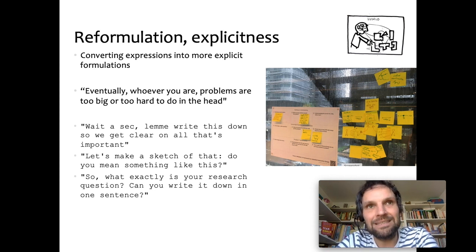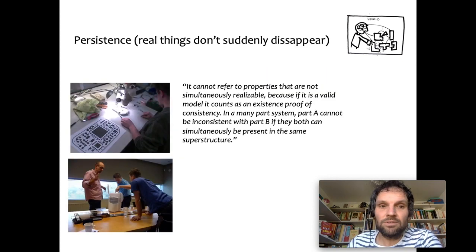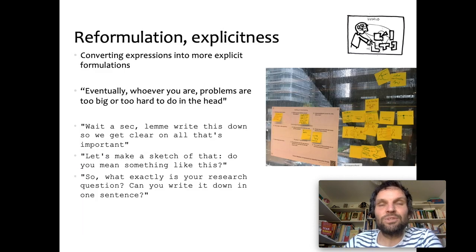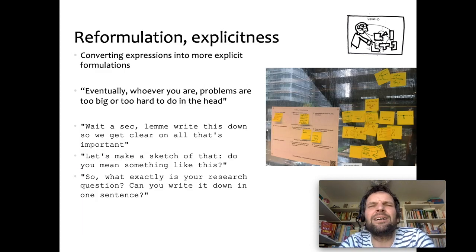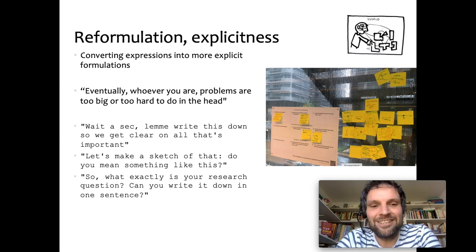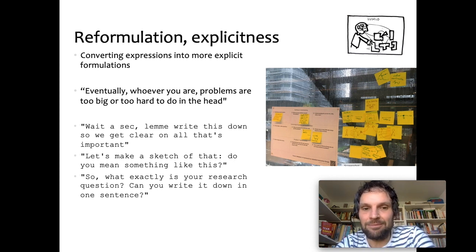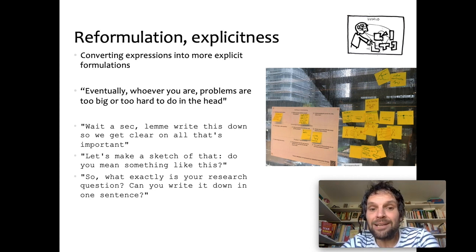People are saying, "No, I meant the couch." Well, yeah, if you put the couch there, that won't work. So, by writing it, by drawing it, you also encounter the possible problems. For example, going back to persistence, if you want to redecorate your home and you have this vague idea of a couch and the cupboard and the chair in the corner, and somebody else starts to sketch it, you immediately see, oh, wait a minute, those things will never fit at the same time in the same corner. In your mind, everything was possible. If you make it explicit, you see what's really possible.